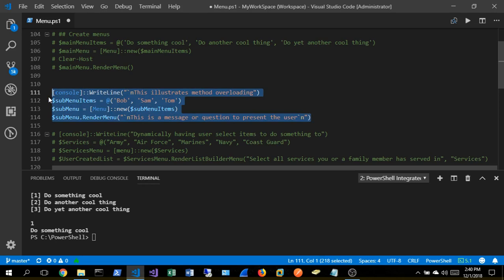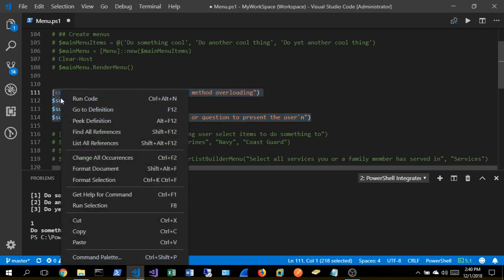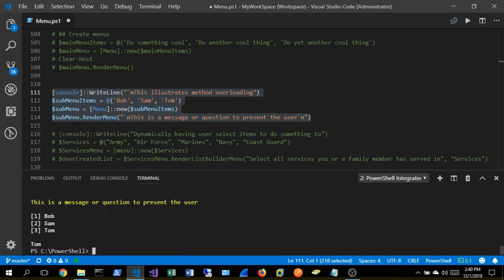And again, the use of this is not copying and pasting that logic throughout my entire script or tool whenever I want to render menus to the user. Okay, so, hey, this is a message or question to present to the user. And who do we want? We want